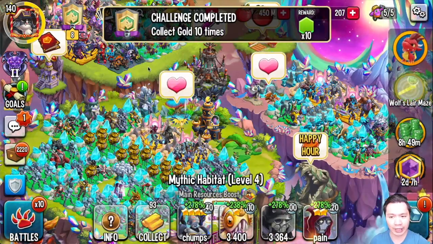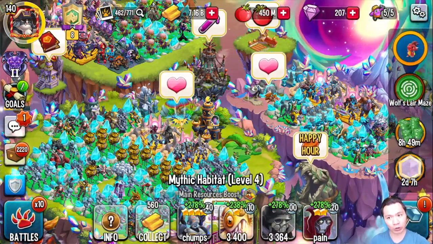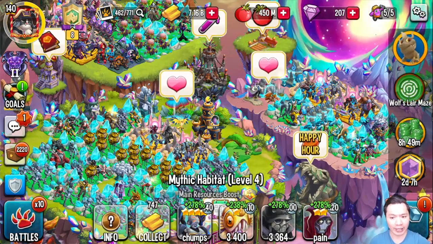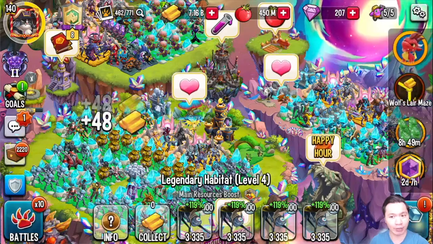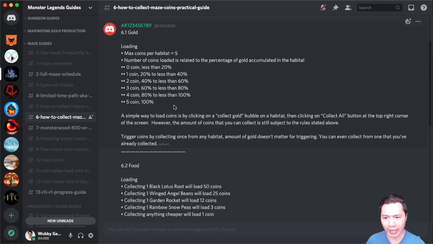There we go. So there was 26 coins. So the 26 coins, when it popped up, that was the triggering. And each time before that, when I was just clicking randomly and there weren't any maze coins popping up, that was the loading. So for gold, how AK explains it is the maximum coins you can get for each habitat